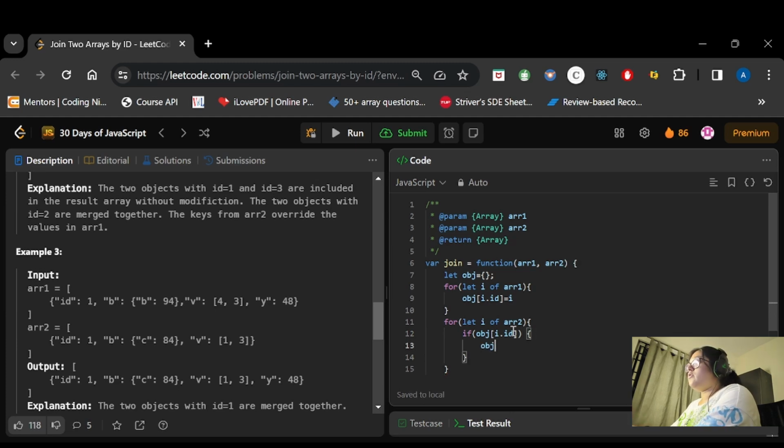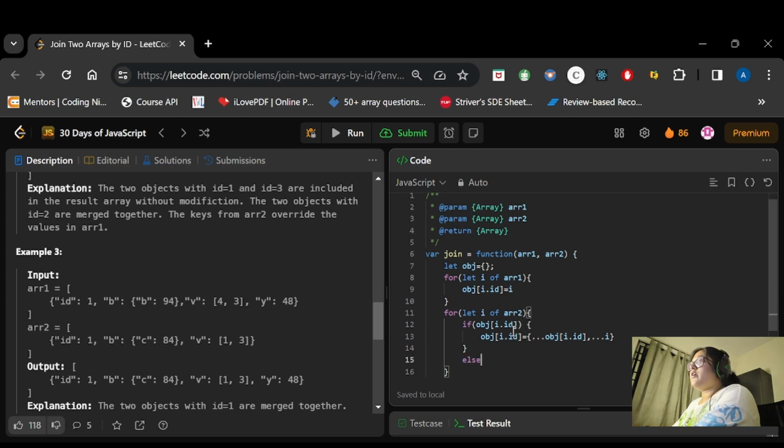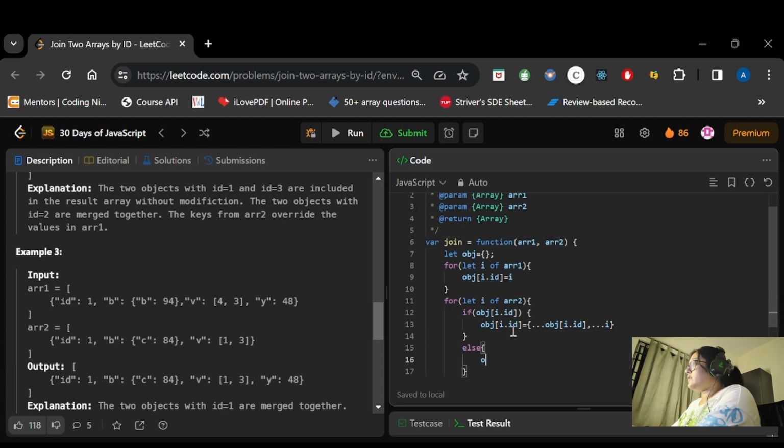So we write obj[I.id] = spread operator obj[I.id], comma, spread operator I. This helps us store the values without losing any data. Otherwise, if the value does not exist, we simply add the value to obj[I.id].